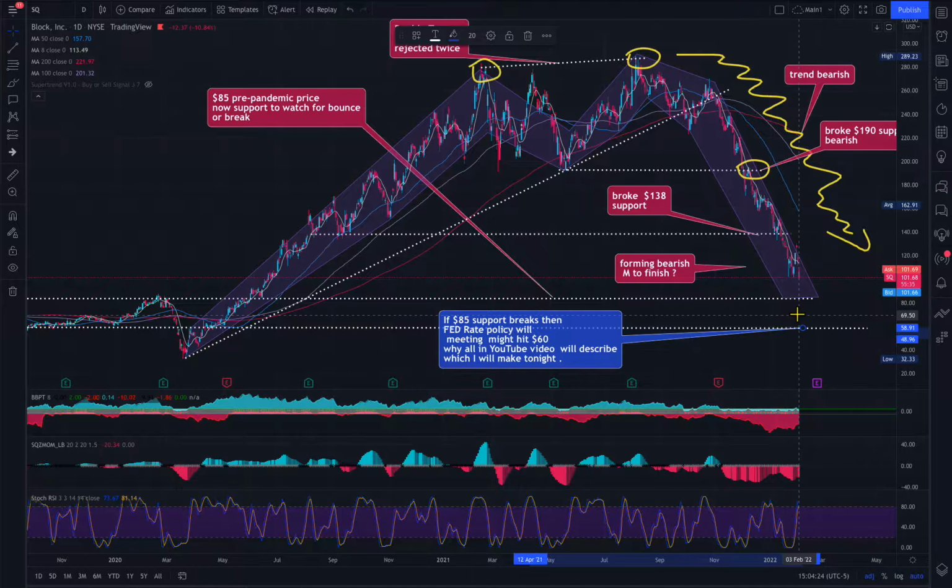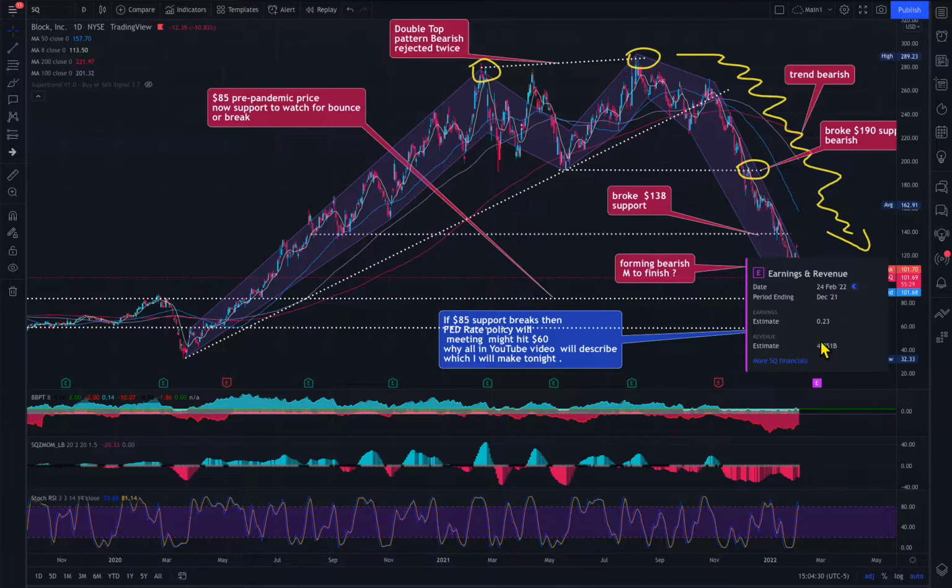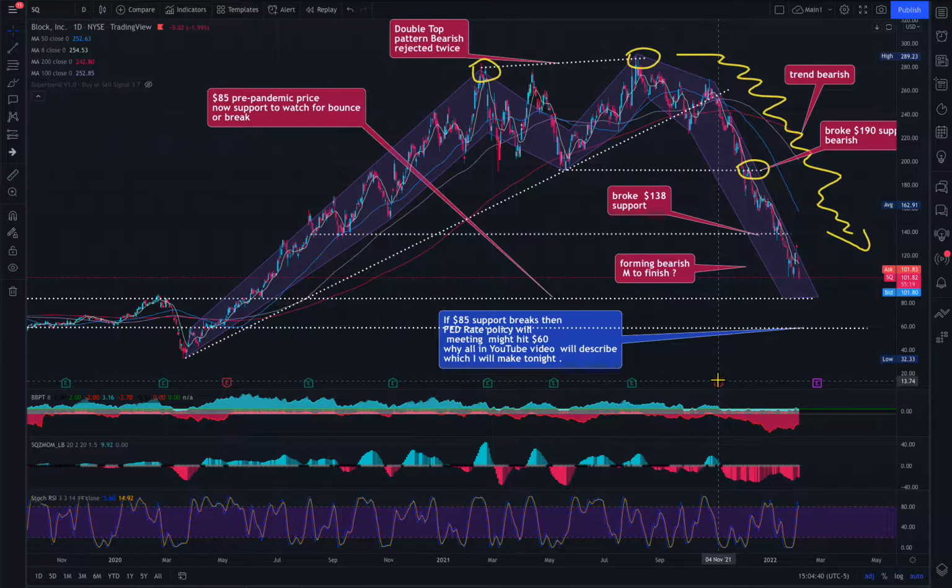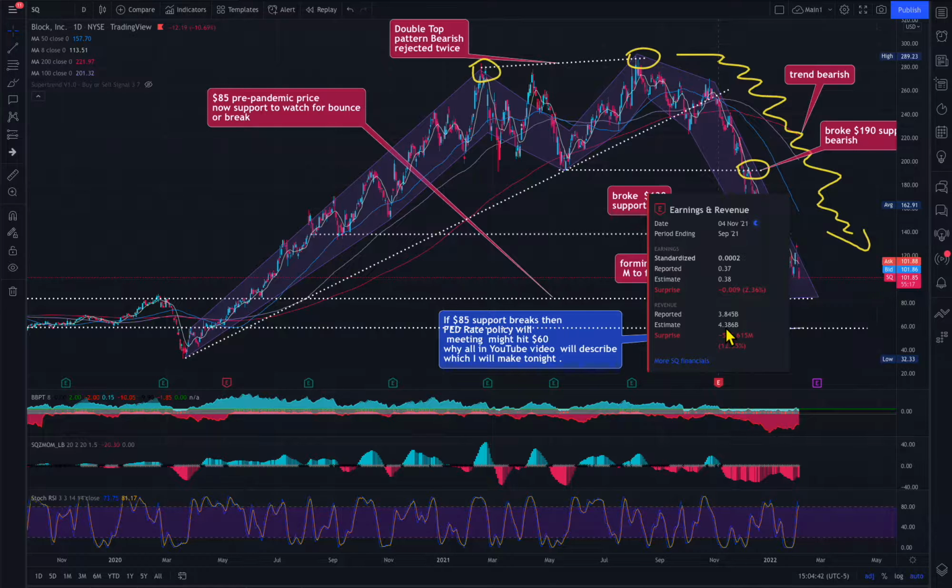So before we start, let me explain what numbers from the financial side we'll talk about right now. If you take a look, 24th February is their earnings, and their estimated revenue is almost about $4 billion. Their previous earnings, they reported 3.8 billion, and their estimate was 4.3 billion. So they missed their earnings last quarter, and